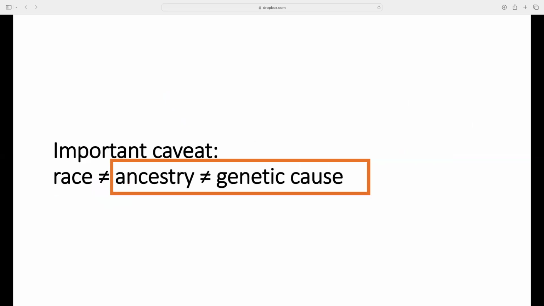And so again, I just want to make the point that what we're seeing are associations with ancestry. They do not necessarily need to be actual genetic causes. As I mentioned, ancestry is correlated with a lot of other environmental factors, and a likely interpretation here is that it's actually those environmental factors that modify the influence of these somatic drivers. But the point is that this is a missing piece in our predictive models that can have a pretty substantial effect.